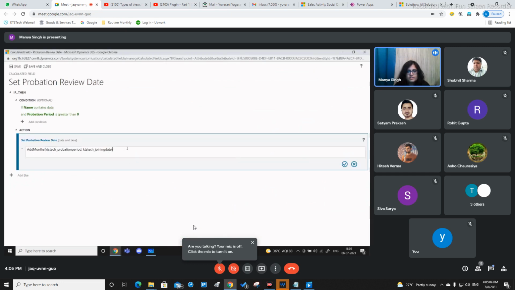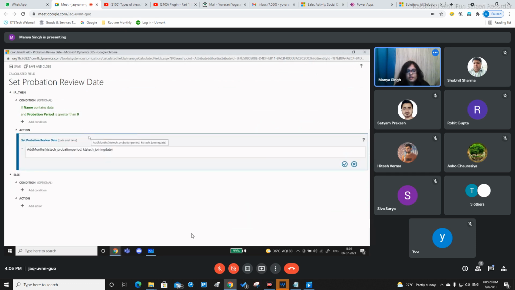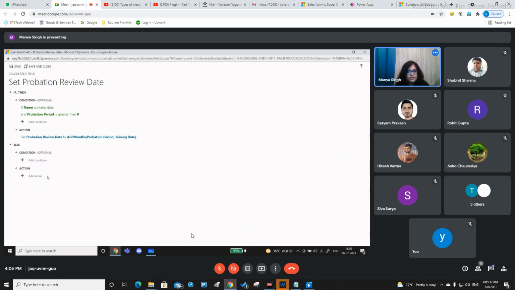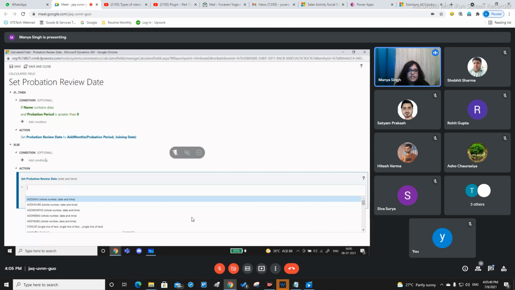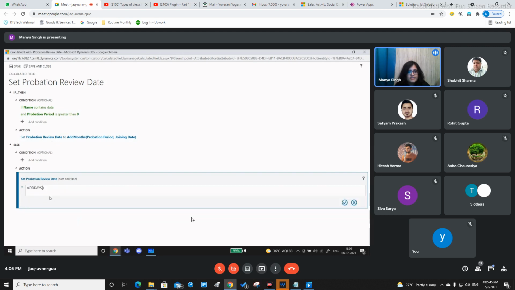Apart from add functions, we also have, yes, now at the same time, once you have added these conditions, right here from the calculation field you also have an option that just in case this condition is not being fulfilled, what kind of actions can take place. So you have a set of actions, a calculation which is taking place if the condition is being fulfilled. At the same time, you have some action which is being taken if the condition is not being fulfilled. So say for example, here it is that if the review date is not matching, then we will simply add some days.